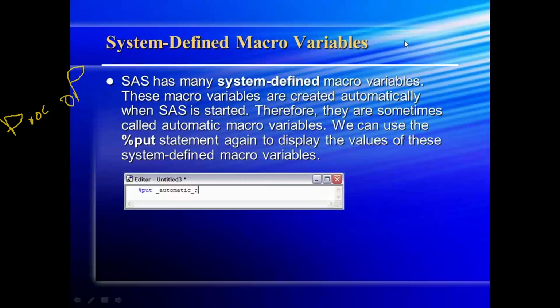Yeah, sorry. So like proc options, the system options we have here, we are working with the SAS existing macro statements. What are the existing macro statements? If I want to make use of what exists and make our code more automated, then we can use these automatic macro variables, which you can see by executing percent put underscore automatic underscore.